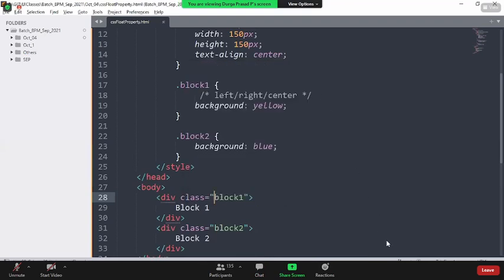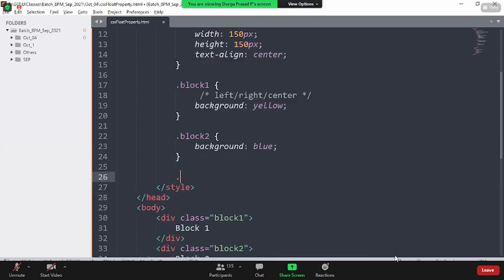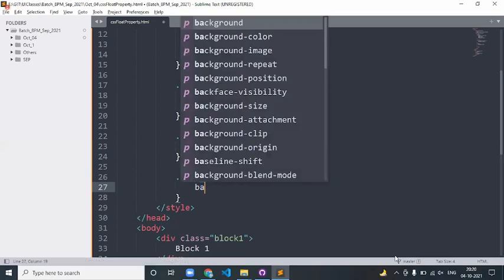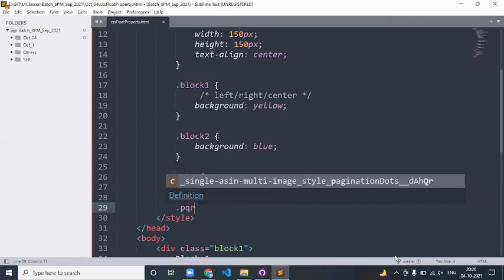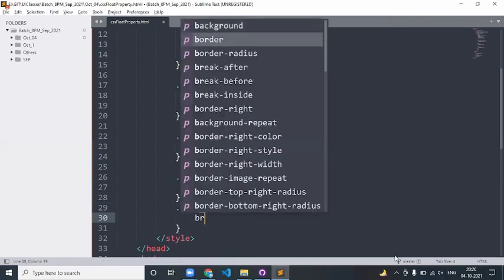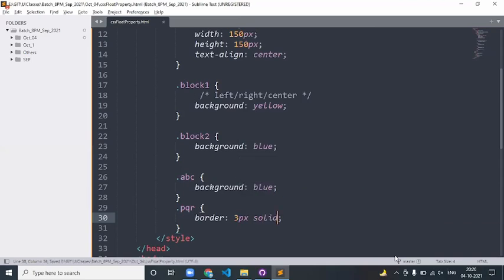Let me create a simple example. I say dot abc, background blue. Try to understand this, guys. And I have dot pqr with border 3 pixel solid.